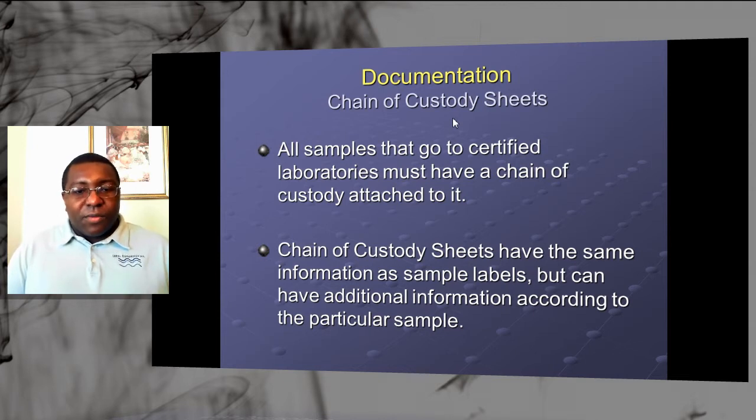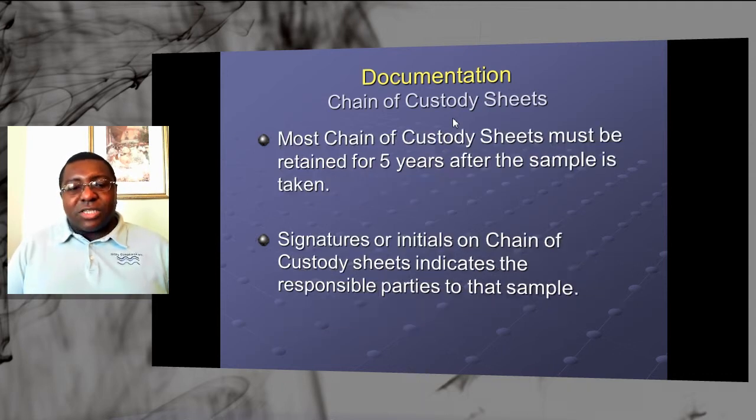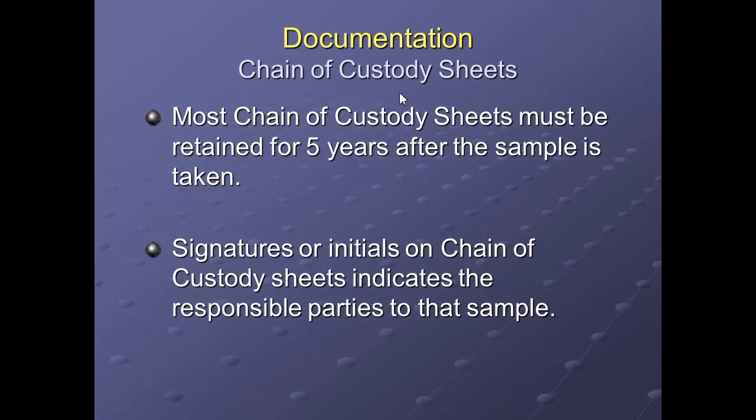All the samples, especially if you're going through a certified laboratory, one of the first things they'll ask to see is your chain of custody sheet, because they want to make sure the documentation is right. And your chain of custody sheet has the same information as your sample labels. You can add additional information to the chain of custody sheet, but at least have the information that's on the sampling labels. Florida law and most laws is where you have to retain that information for 5 years after the